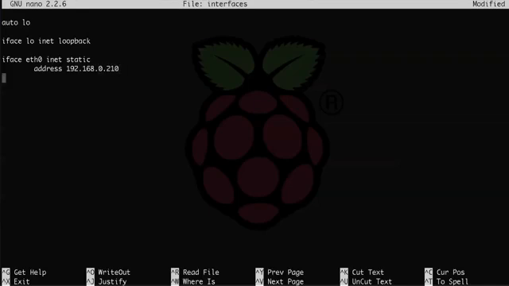And then we're going to go down to the next line, netmask space 255.255.255.0. Next line, and network space 192.168.0.0. Next line, broadcast space 192.168.0.255. And lastly, next line, we'll go gateway and then